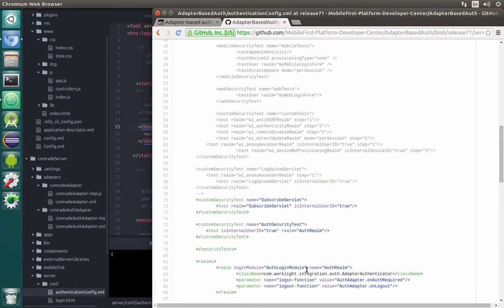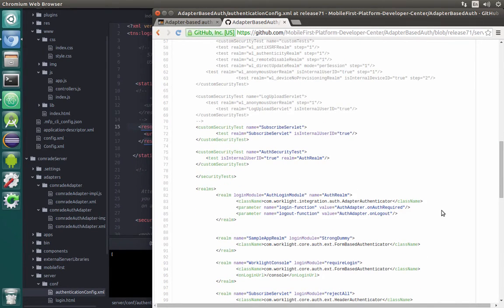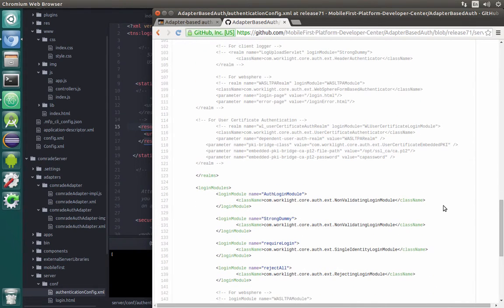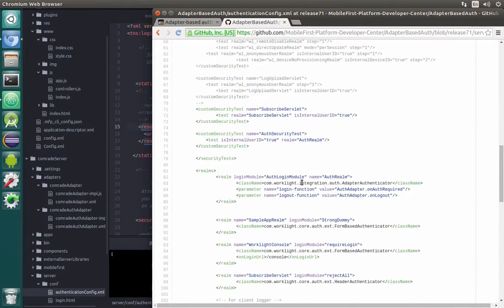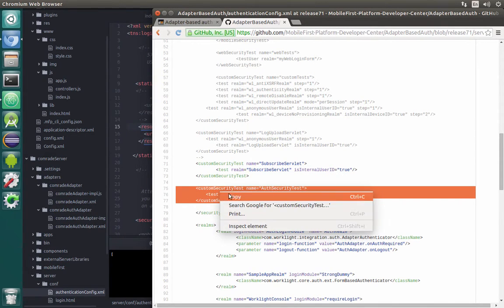And here we have a login module with login function. As you can see, it's on auth required and on logout function. So two functions that exist in our adapter. And then at the end we also need to define the login module, which will be just a standard non-validation login module. So we can start with copying a custom security test